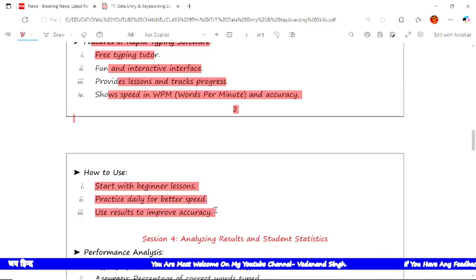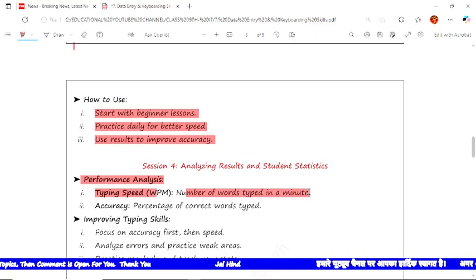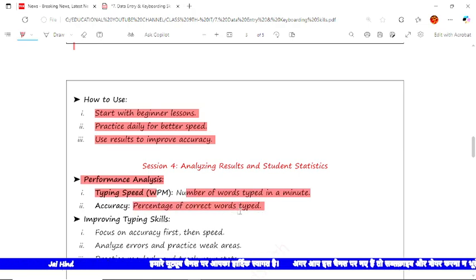In session number 4, analyze result and student statistics, performance analysis. Here first is WPM, the number of words typed in a minute, and accuracy, the percentage of correct words typed. Second, improving typing skill focuses on accuracy first, then speed.